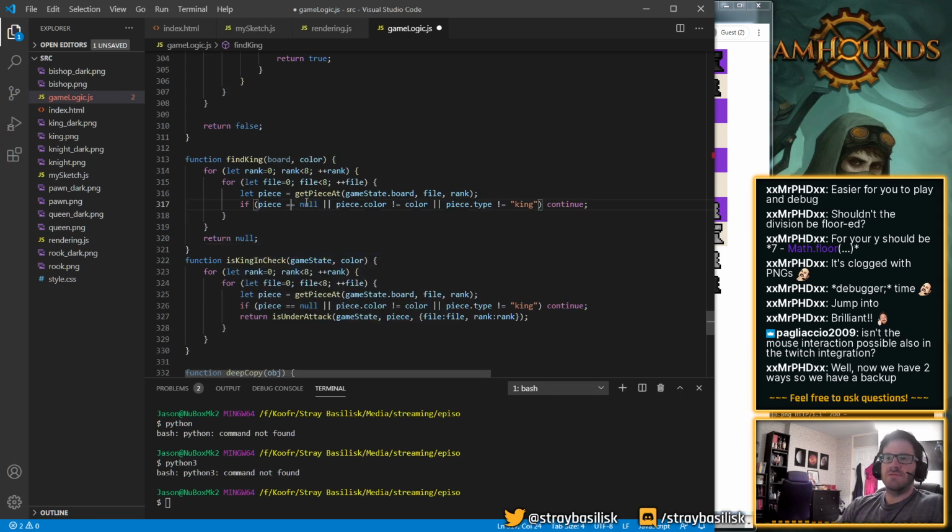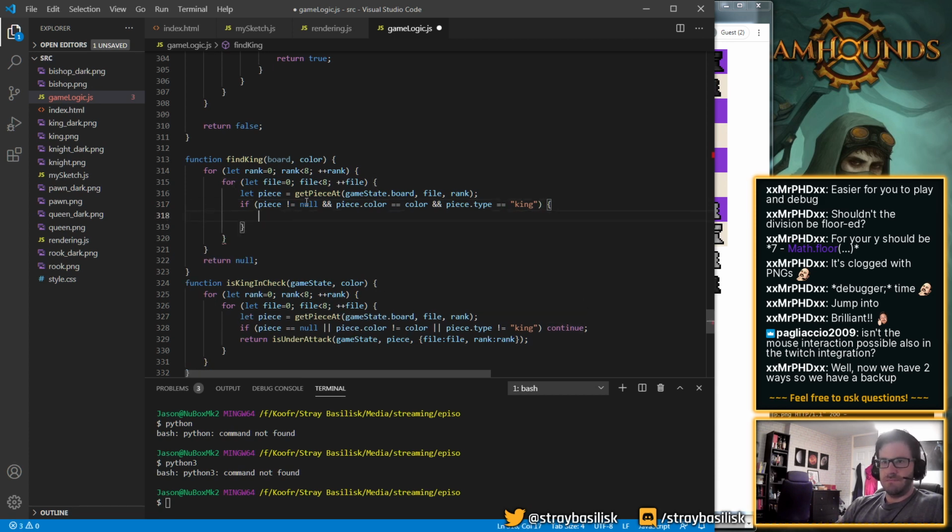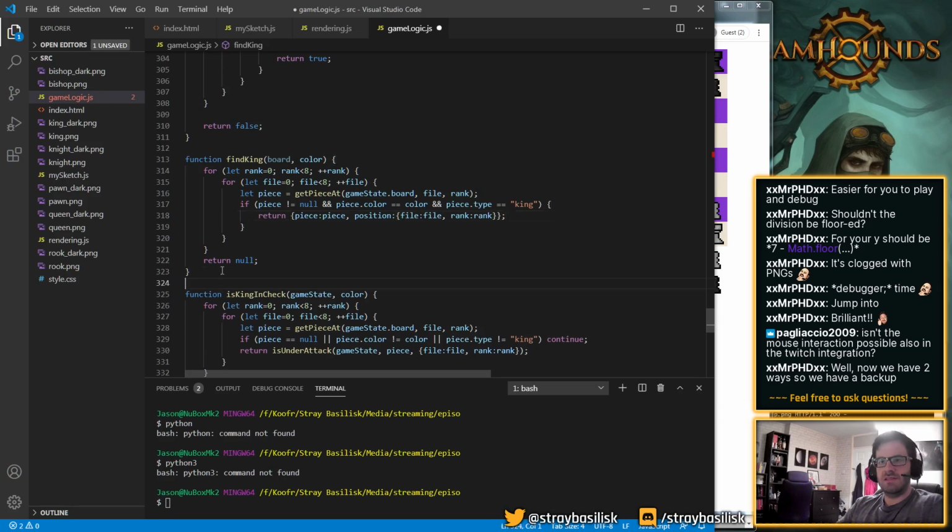So we can say if piece is not equal to null, and piece.color equals color, if it's the king, then I'm going to return it. Just do it. Okay. This is going to be quite useful.